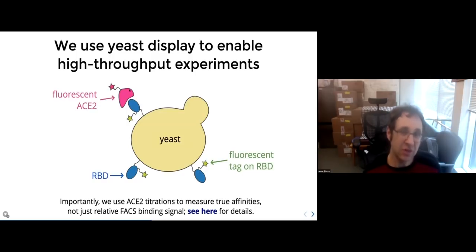And then we can also incubate these yeast with something that binds or is bound by the RBD, such as, in this case, fluorescent ACE2. So I think you can imagine that, for instance, if you had these two labels, you could then very easily use flow cytometry to separate the yeast by both how much RBD they have on their surface and how well that RBD is binding to ACE2. And so this basically allows us to use a flow cytometer to measure these biochemical phenotypes.